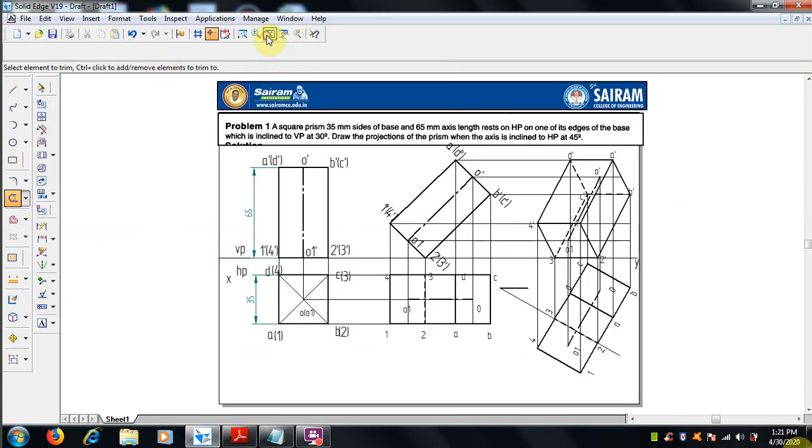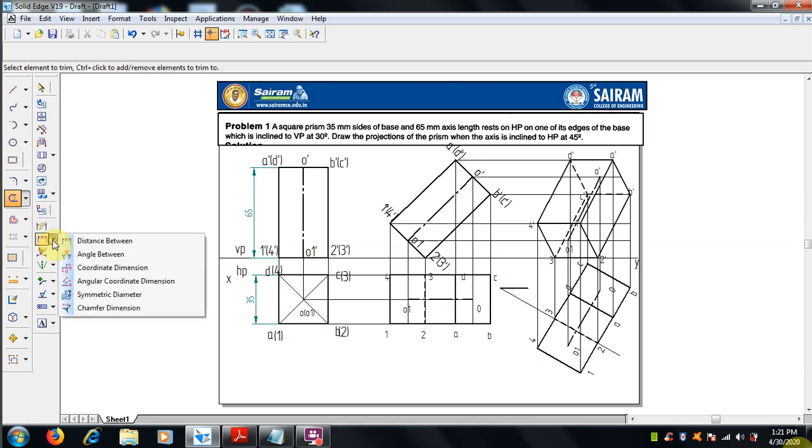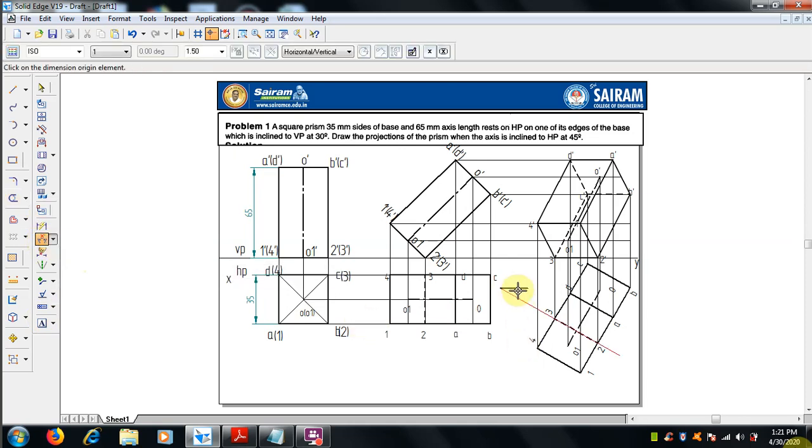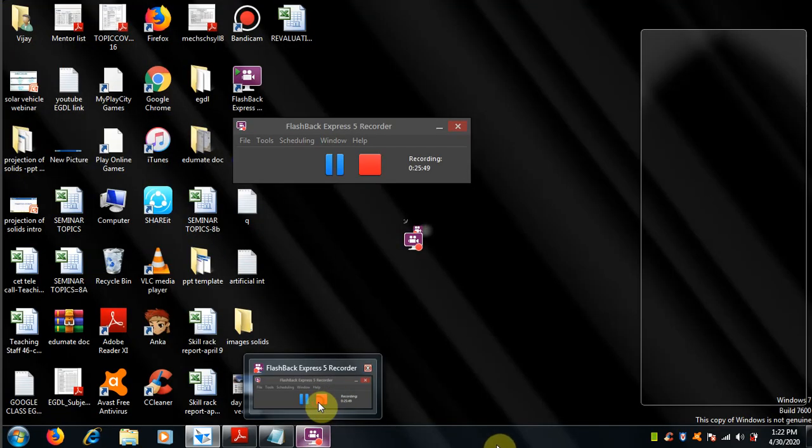Use the fit command, fit option, where extra lines are there, where a dimension is missing, all the things we should finish off as per the given dimensions in the question. The inclination angle with the VP and the axis inclination all should be completed. Reference line, x-axis, right, this is over.